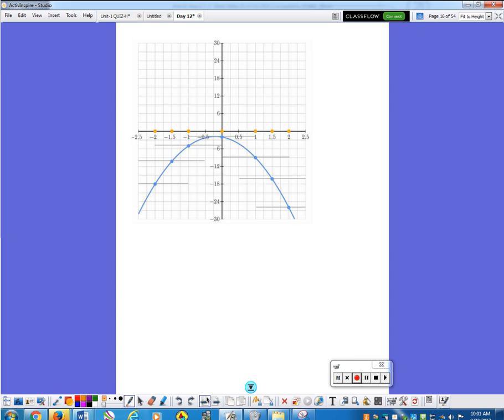This white one, no longer looking at the white. This is very negative. I'm going from slopes that are negative to